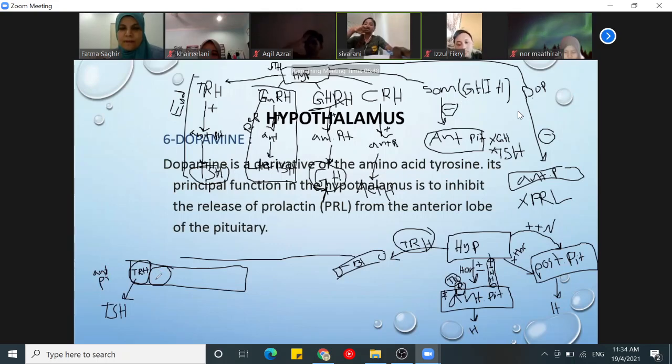Receptor. So what do you think? So we said we have a group of cells that has receptors for thyroid releasing hormone. Another group of cells has receptors for